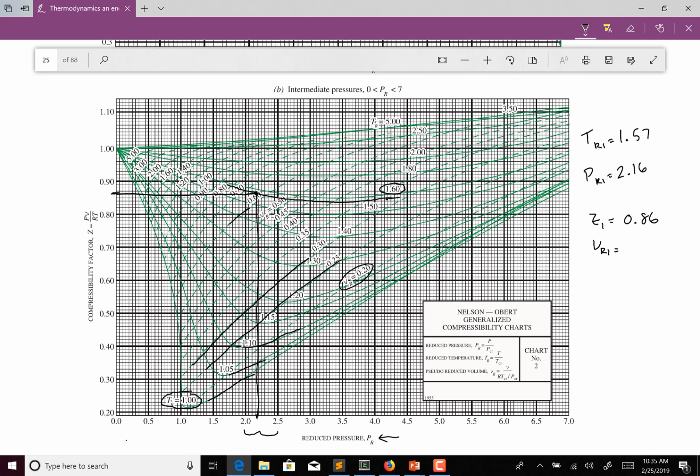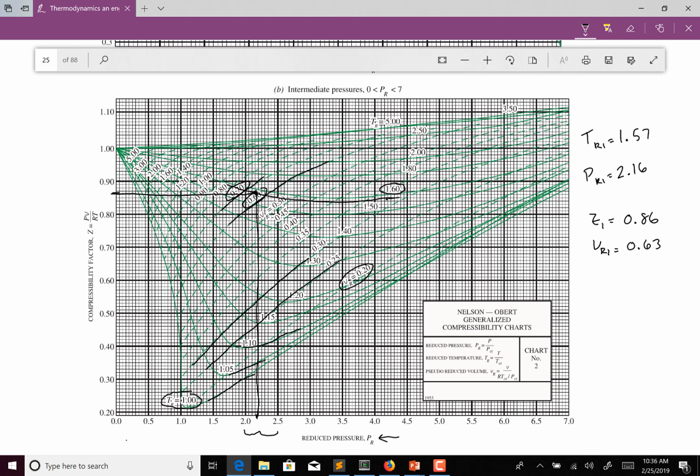The reduced volume along this line is approximately 0.6, and along this line is approximately 0.7. So we're somewhere between 0.6 and 0.7. We're a little bit closer to the 0.6 line, so I'm going to say that the reduced specific volume is approximately